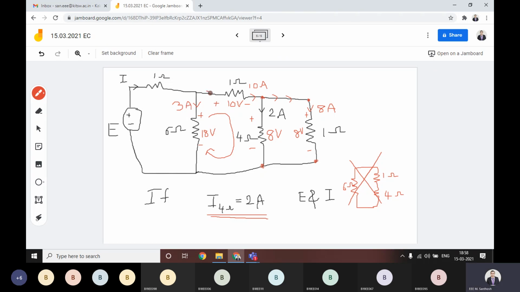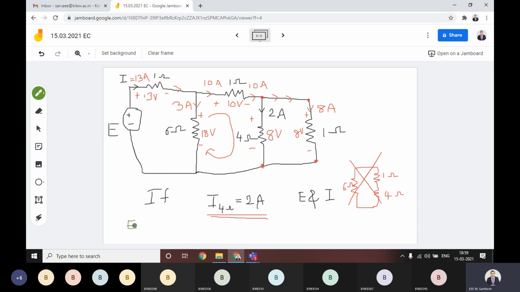Then here 10 amps is flowing already and here 3 amperes is flowing. How much current is flowing in this branch? 13. That is 10 plus 3, that is 13 amperes. Then the voltage here is equal to 13 volts, right? And simply you can write the equation of this first loop, then you can note down the value of E from that equation.